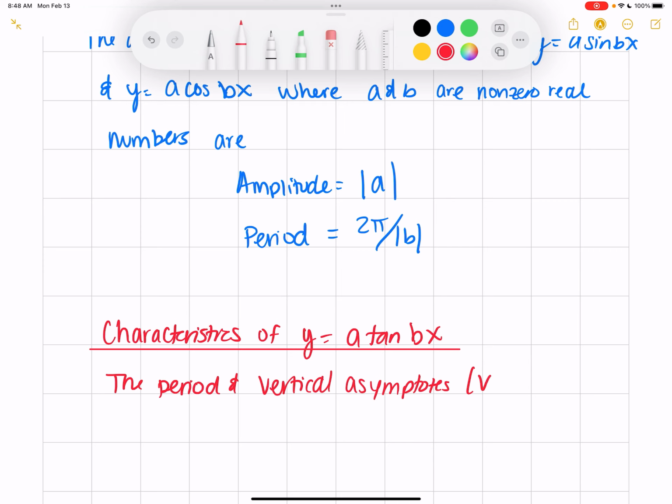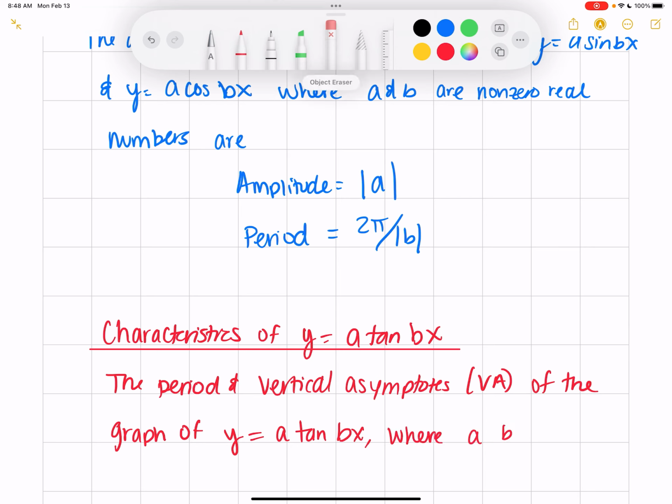Vertical asymptotes, a lot of times I will write as VA just for short to not have to write out the whole thing every time, of the graph of y equals a tangent of bx, where a and b are non-zero real numbers, are,